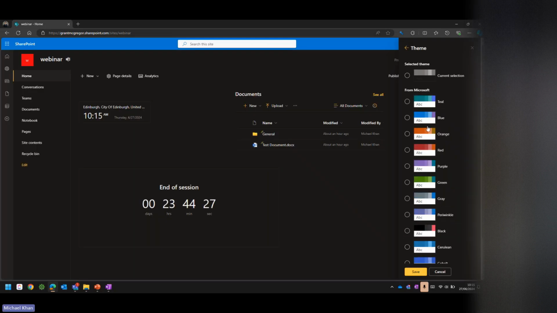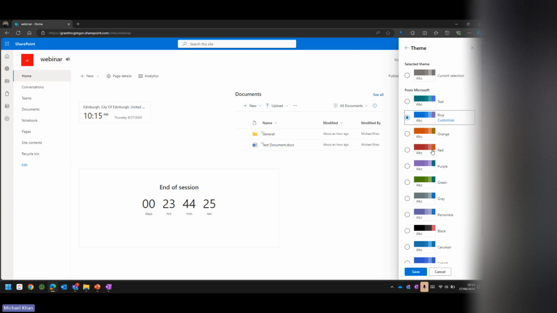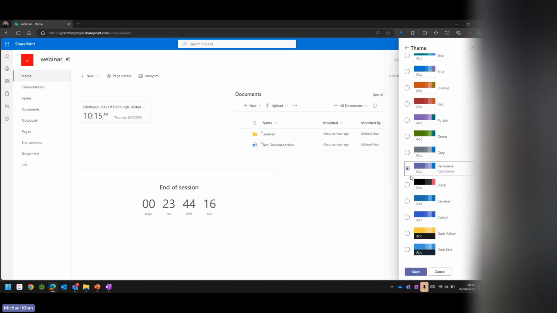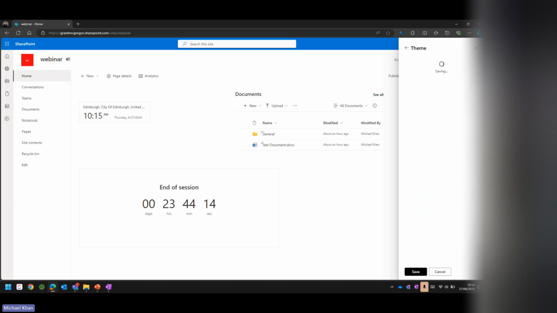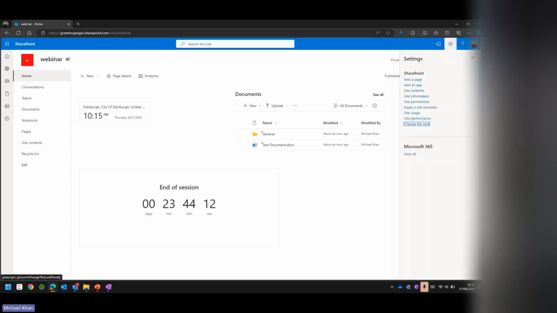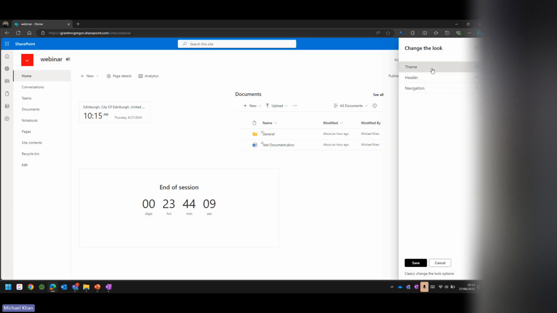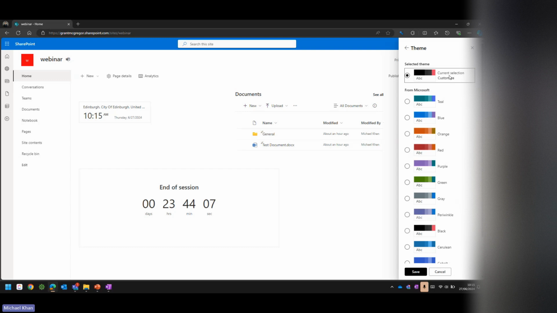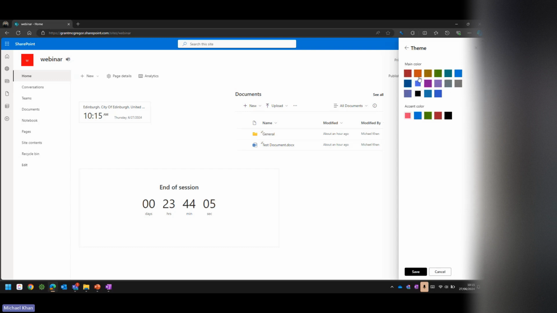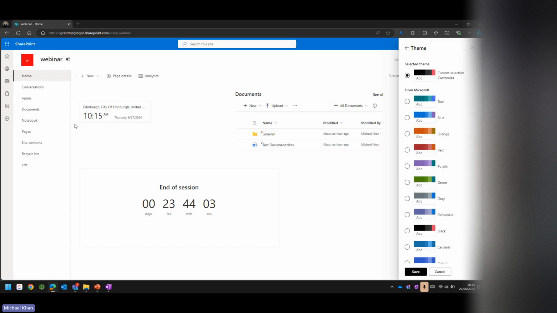That's a bit hard to look at. Yeah, you can see certain areas of the page will change as you navigate through. If I save that one and come back into here, you can customize it there as well. So you can change the colors through on the theme as well,